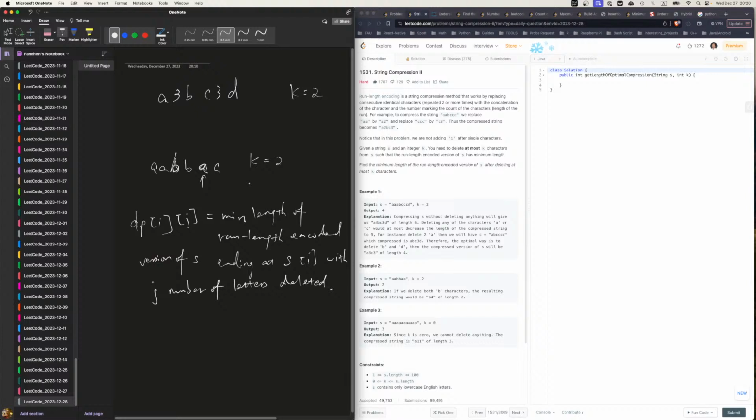Yeah, I'm thinking for this current A, I don't delete it. Then we look at dp, the previous one, start with j from 0 all the way to k, right? From 0 all the way to k. And for each one, if I have the minimum length, which is not enough, we can't really do it that way. We need to know